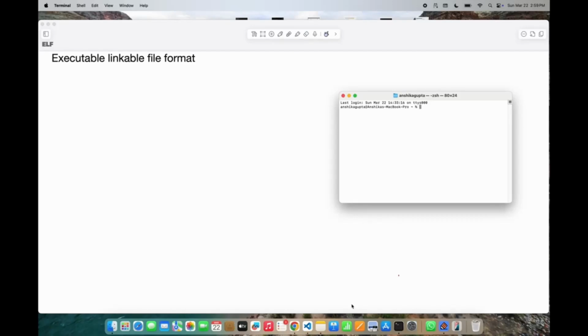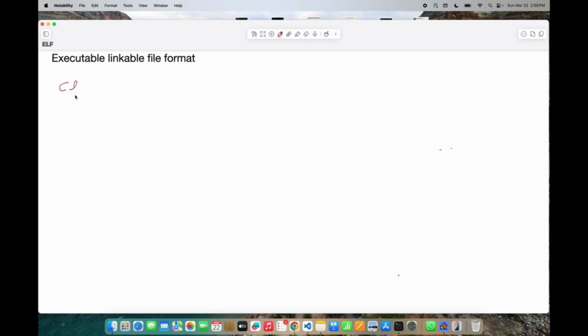Hello everyone, today we will be discussing what is executable linkable file format. So executable linkable file format, or the ELF format, is something that is understood by an operating system to run a C file. Okay, you have a C file